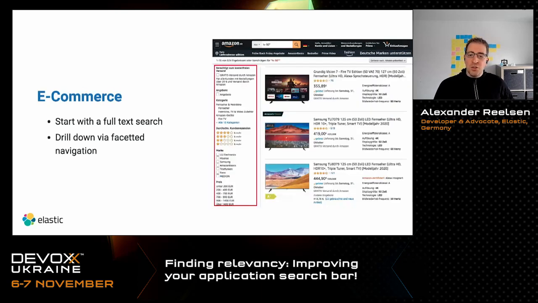Because when you start the search, the next step you usually do, like I searched for a 50-inch TV here in this example, is that you try to drill down via the faceted navigation on the left. And this is a component that is absolutely everywhere in e-commerce, right? Pretty much you're usually offering so many different products that people do not try to type something more into their search bar. They do not try to say TV 50-inch between 200 and 400 euro in the search bar.